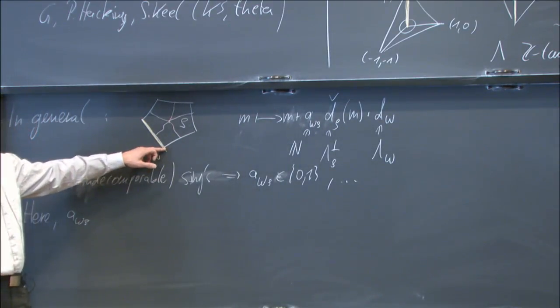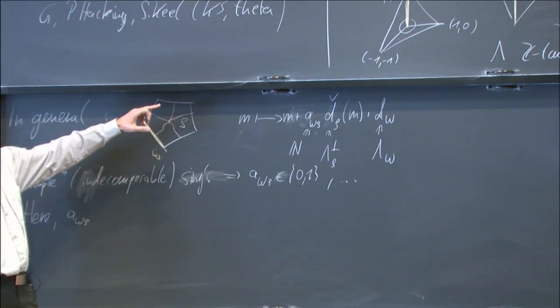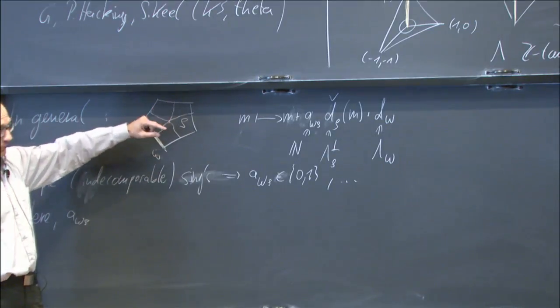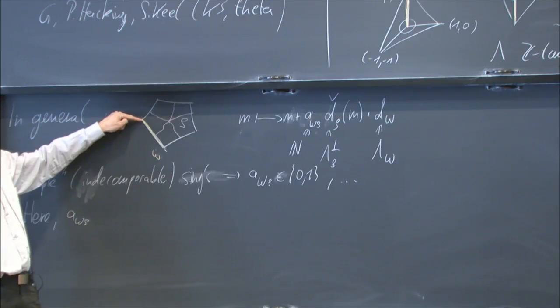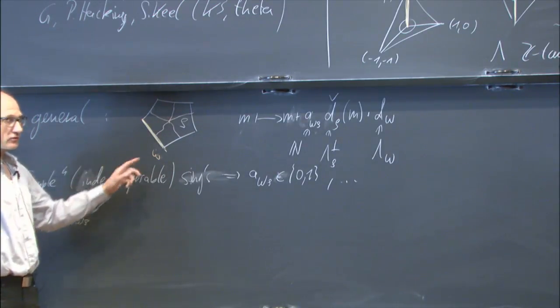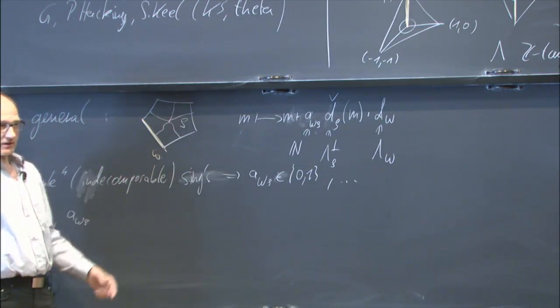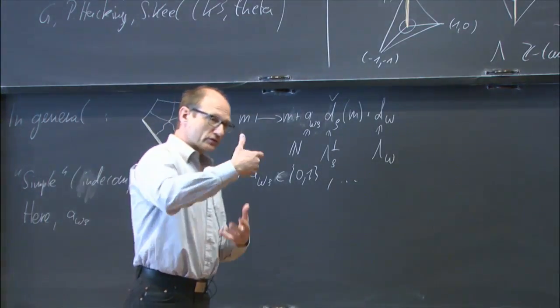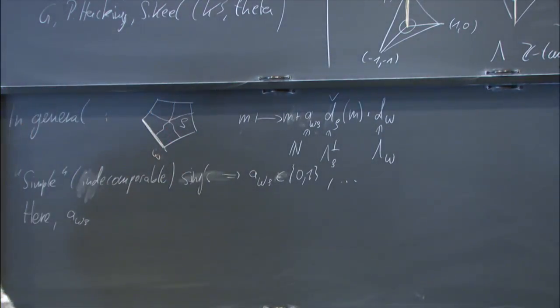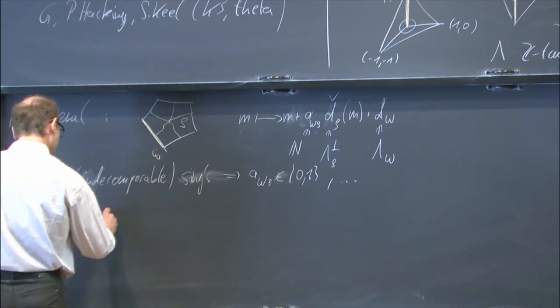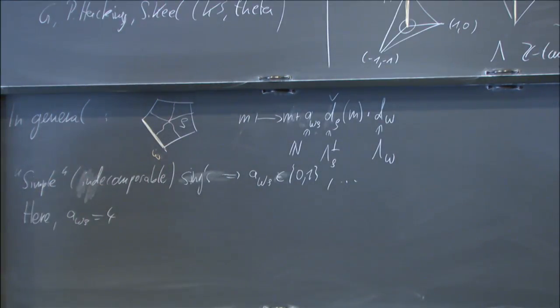Again, you start with one vertex, you go into the maximal cell separated by rho, you go back, and then on the other side. It's a loop around omega through the two cells adjacent to rho. So a omega rho would be 4 in our example up there. Okay, so then